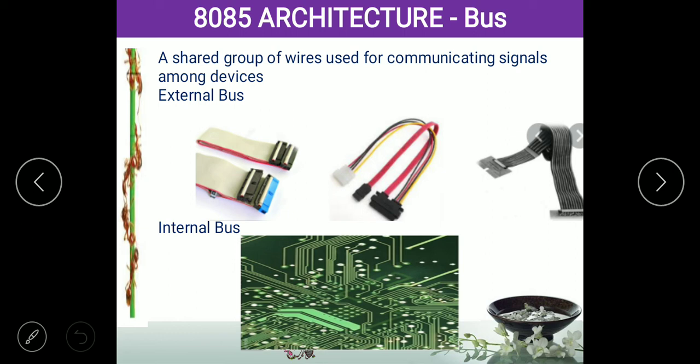The next thing is the internal buses. What are internal buses? The conducting lines drawn over the circuit board are called the internal bus. On the PCB board, you can see a lot of lines flowing here and there. That is nothing but the conductors used to transfer the voltage from one part of the board to the other part of the board. That is called the internal bus. Similarly, inside the processor also we have lines. In the previous example of the AND gate and OR gate, the transistors are connected, and that connecting element is called the bus inside the transistor or inside the processor.